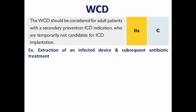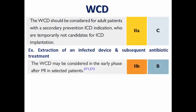For example, patients who had an extraction of an infected device and are on antibiotic therapy at the time being. So of course I will not put a new device. I will use the wearable cardioverter defibrillator till the infection resolves and the patient can receive an implantable cardioverter defibrillator. It may be considered in the early phase after MI, like in the first 40 days, but in the VEST